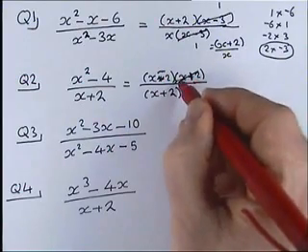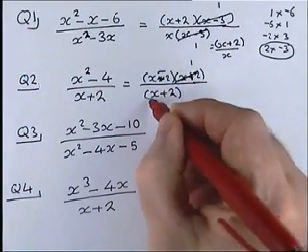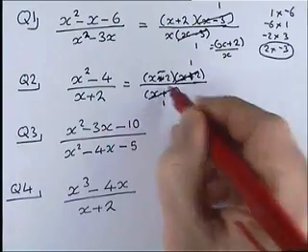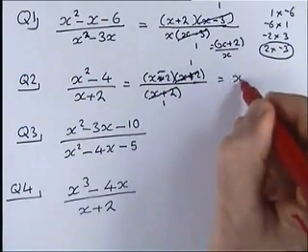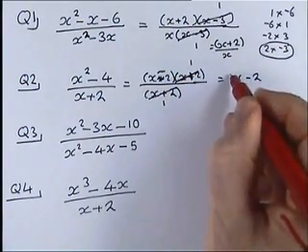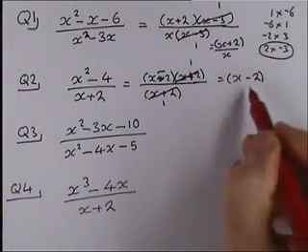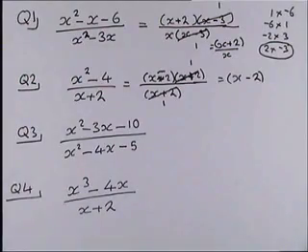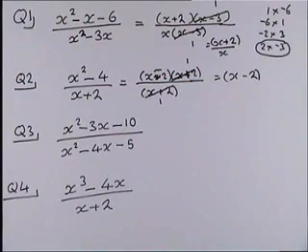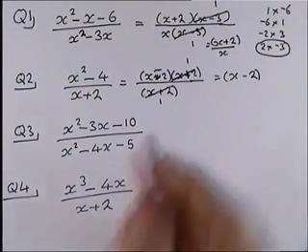That is x plus 2 divided by x plus 2 is 1, and x plus 2 divided by x plus 2 is 1. So we're left with x minus 2, which can be in a bracket if you like. Okay, well that is x minus 2 divided by 1, which is x minus 2. Okay, on the next one then,